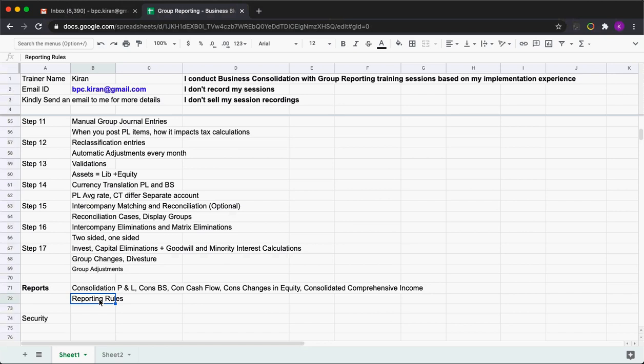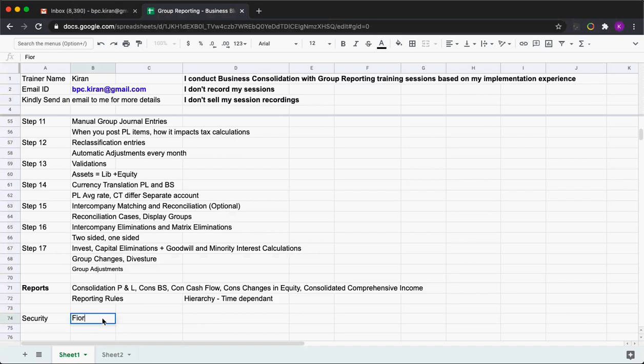Just a quick check, Kiran. Is this reporting rule time dependent? For example, if I change the logic, will it be applicable also for the previous year? Yes, the hierarchies, whatever you are going to create, those are time dependent hierarchies. So based on the key date, it will show the reporting rule. If I change this one, it doesn't affect the last year reporting. Okay, thank you.